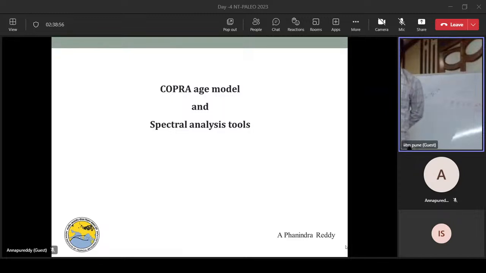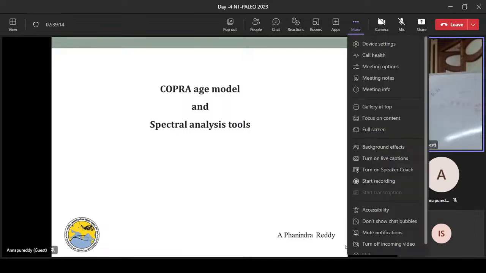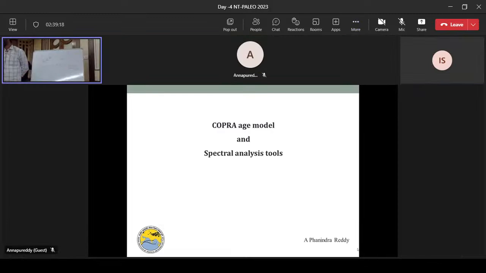But the proxy you are generating, for example biomarkers or forams, is taken at equal intervals, maybe every 5 or 10 centimeters, or in a speleothem every 100 microns. The distance is constant. So how do you translate the ages you have found, with variable growth or sedimentation rate, to these numbers? It is not very straightforward. That's why the paleoclimate community often uses age models, where the age uncertainty as well as the unevenness in the data are translated into your proxy data. He will teach you how to handle those unevenly spaced data sets